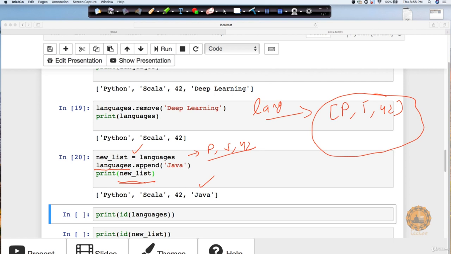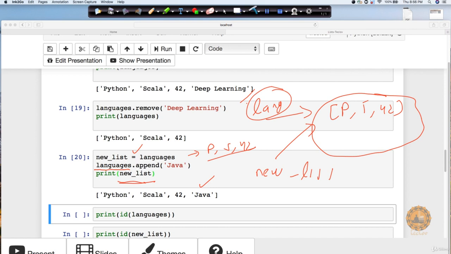As soon as you assign new_list to it, it is not creating a separate copy anywhere. Instead, it is just sharing the same address as the languages variable. So if you change languages, or new_list, it impacts the other variable because you are updating the same memory address.